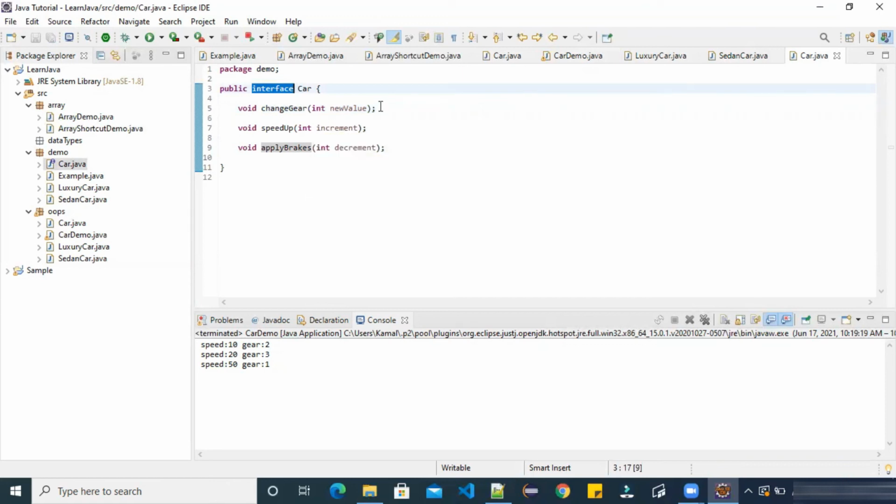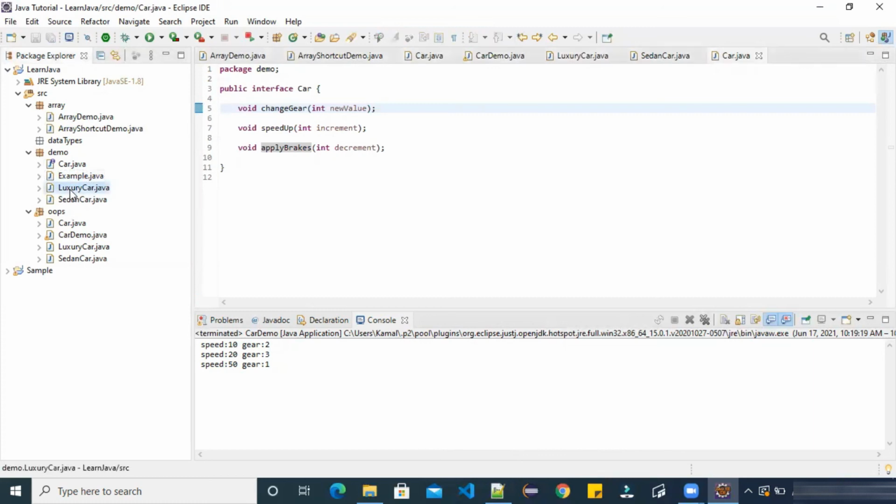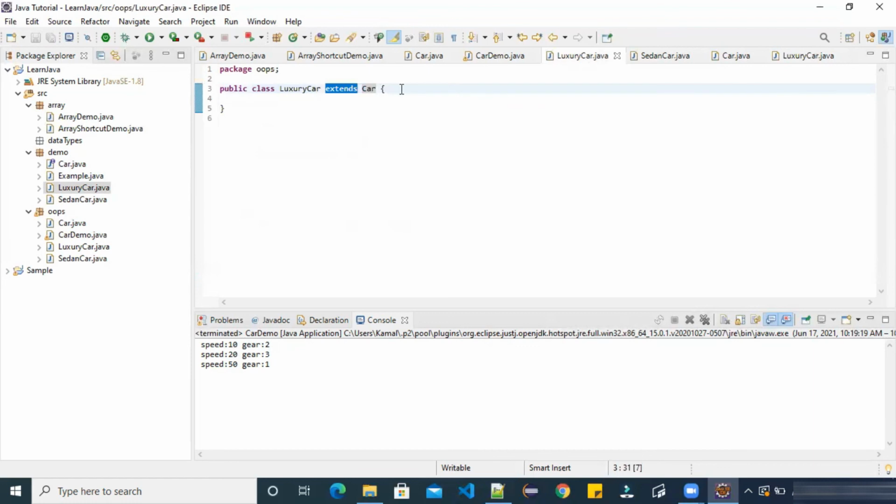In that video, we learned the syntax for implementing interface. Luxury car implements car. Now this car is the interface. The I symbol here represents interface. In this luxury car, this car was a class. Oops.car. C for class.